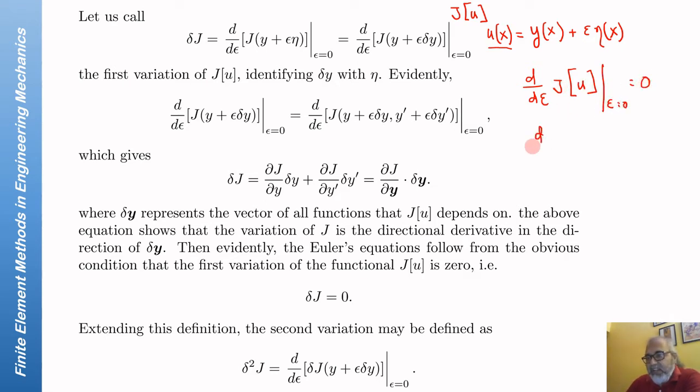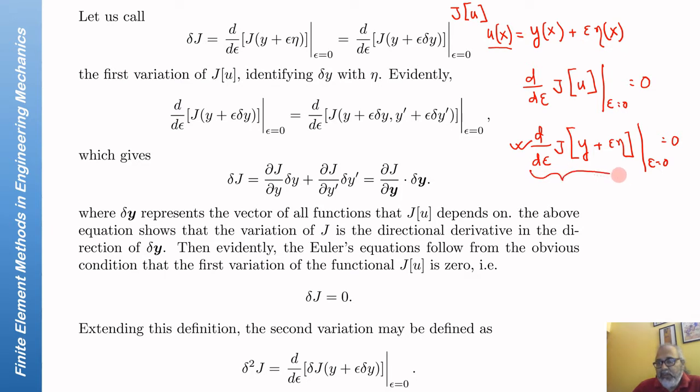This is my identity, and this identity can be written by expanding u in terms of its perturbed form, which is y plus epsilon eta, evaluated at epsilon equal to 0, equal to 0. So this is the identity that we impose in order to find the differential equation that governs y. Now we will use another way of writing this quantity, which we will define as the first variation of the functional J, and therefore this, which leads to the Euler Lagrange equation as we showed in the previous installment of this lecture,